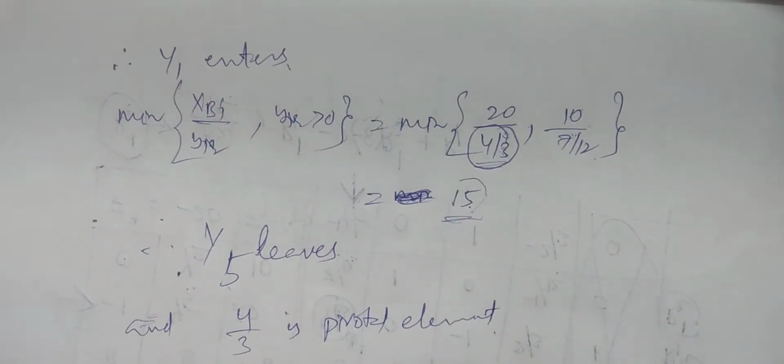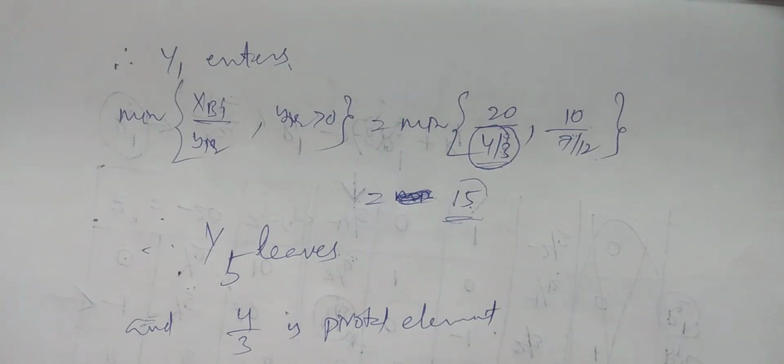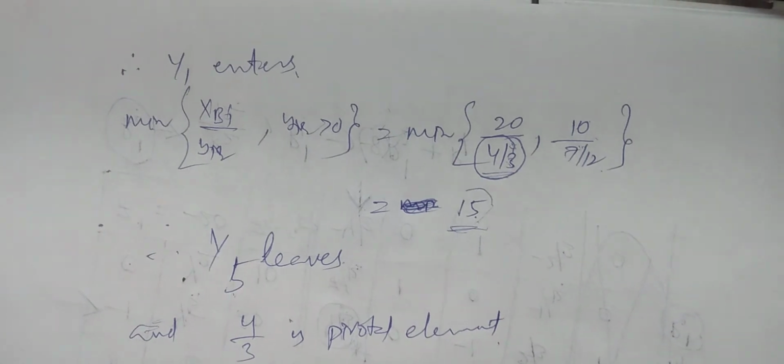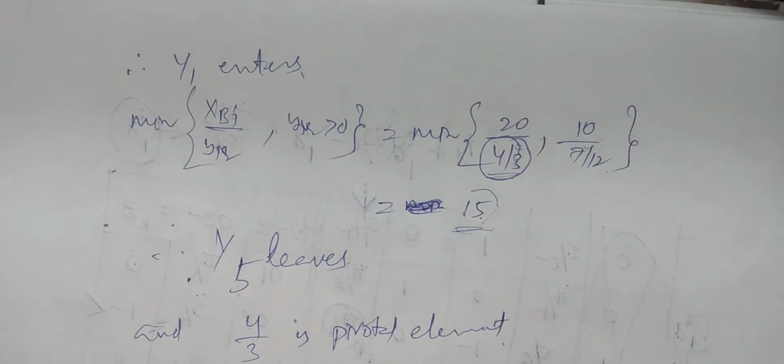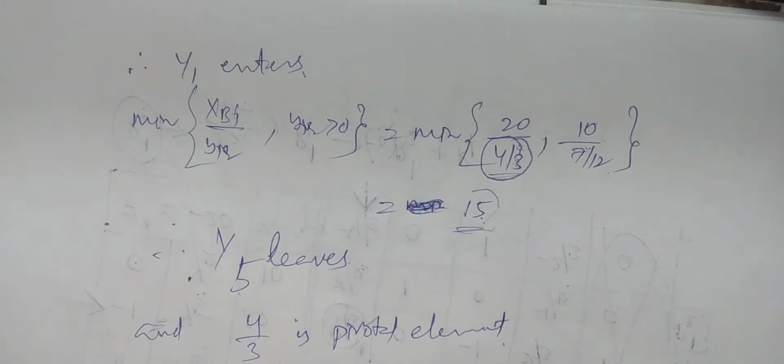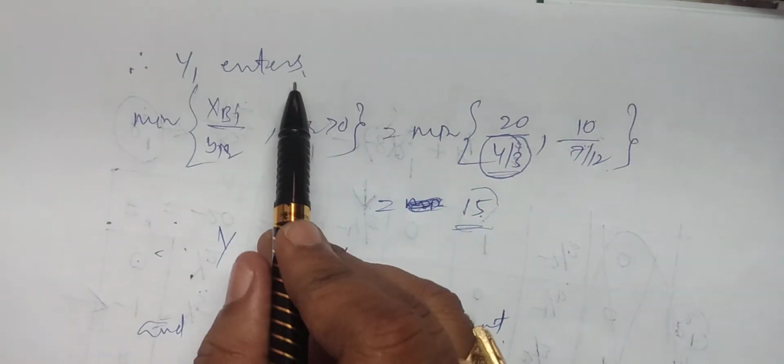Welcome back. This is part 2, the second part of calculating problem 1 of the two-phase method. We are doing a problem in the two-phase method. This is problem 1. So we are at this stage, and at this particular stage we have finished simplex table 2, and thereafter we got these results.